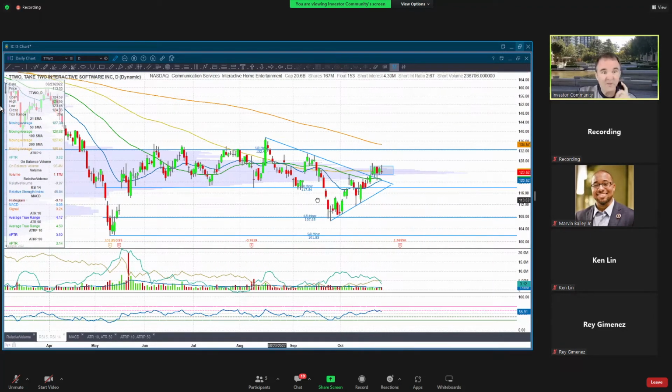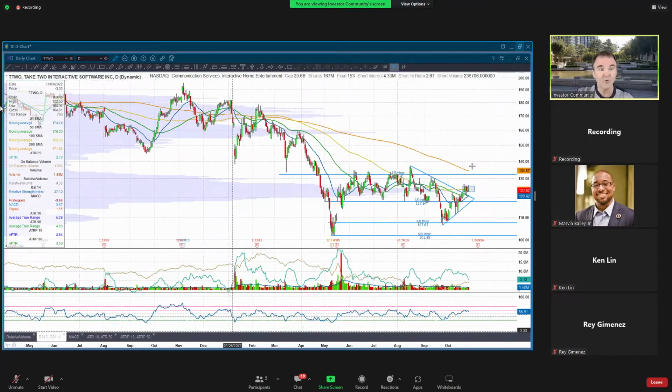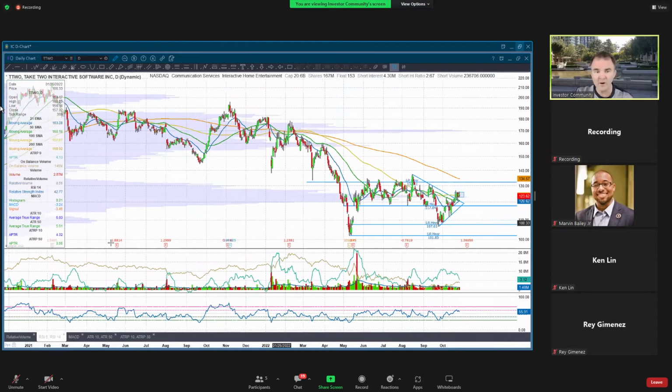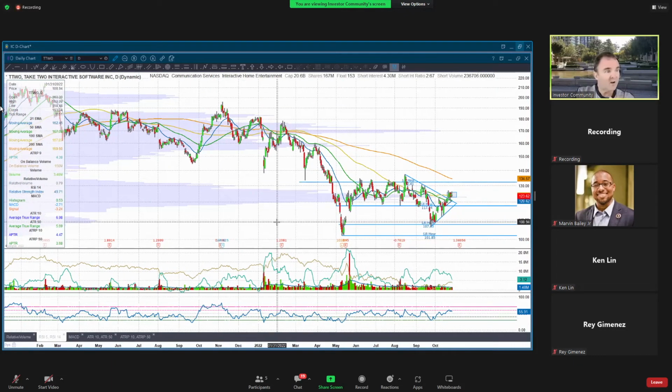So I think there's a play in here right now, and it's fairly risk-defined. I think you could take this as a short-term swing trade, and as long as it's behaving, you could let this turn into a long-term swing trade. And if you're so inclined, do your research on this company. I did a really quick look at the fundamentals, and they look okay. Not outstanding, but they certainly look okay. I need to do a deeper look if I was going to invest in this company.